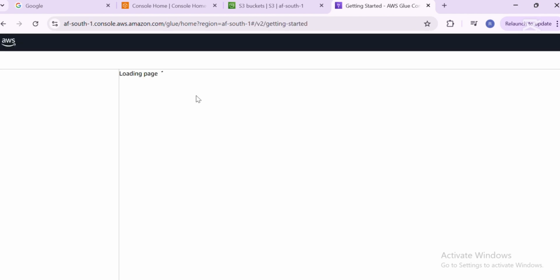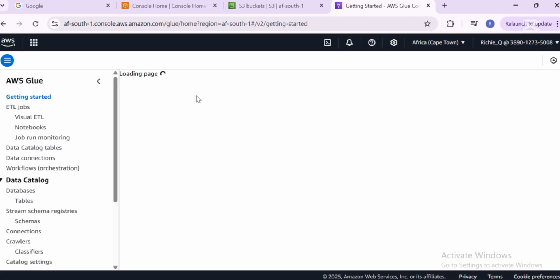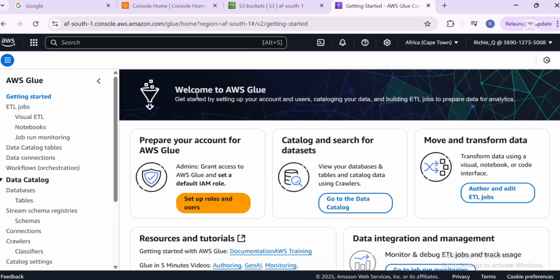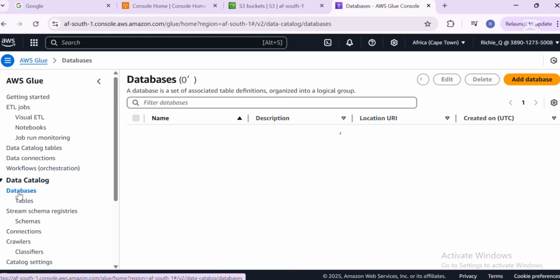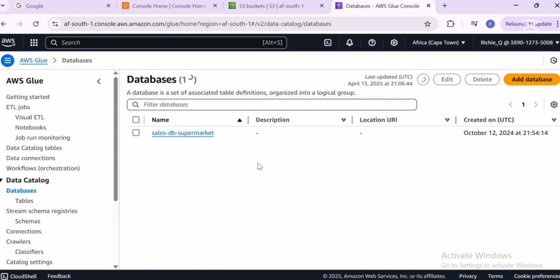Now in Glue, we need to create a destination folder or a destination repository where metadata from the data that we have uploaded in S3 would sit in AWS Glue. So we are going to go to databases. So on the left hand side of the screen, you can see databases right under data catalog. So I'm going to click on that and notice that I already have one database created named SalesDB. We are not going to use that. We are going to create a new database. So click on add database